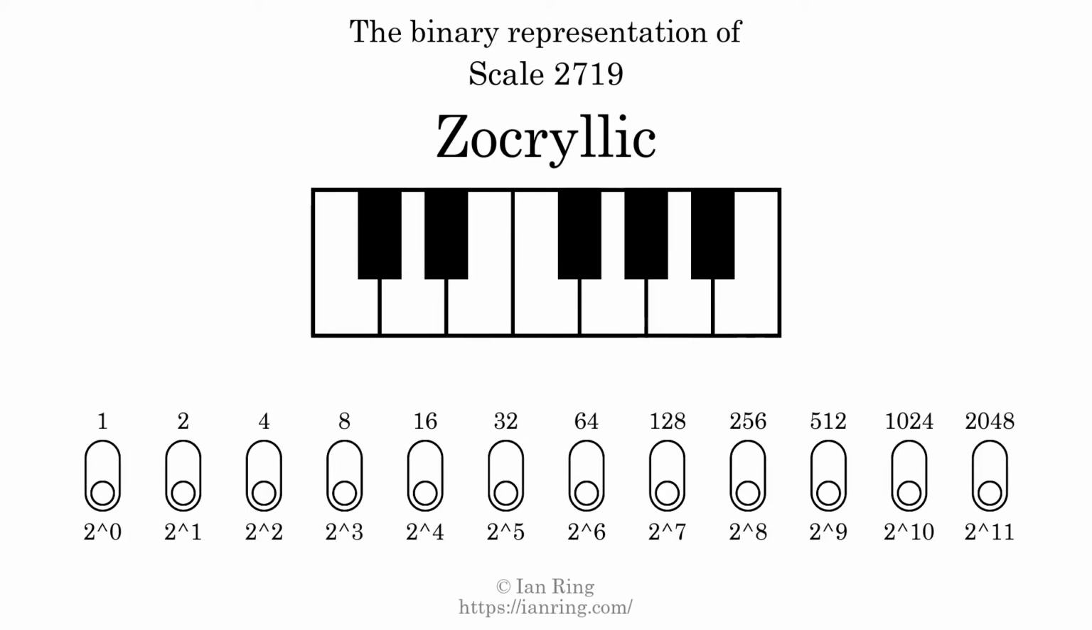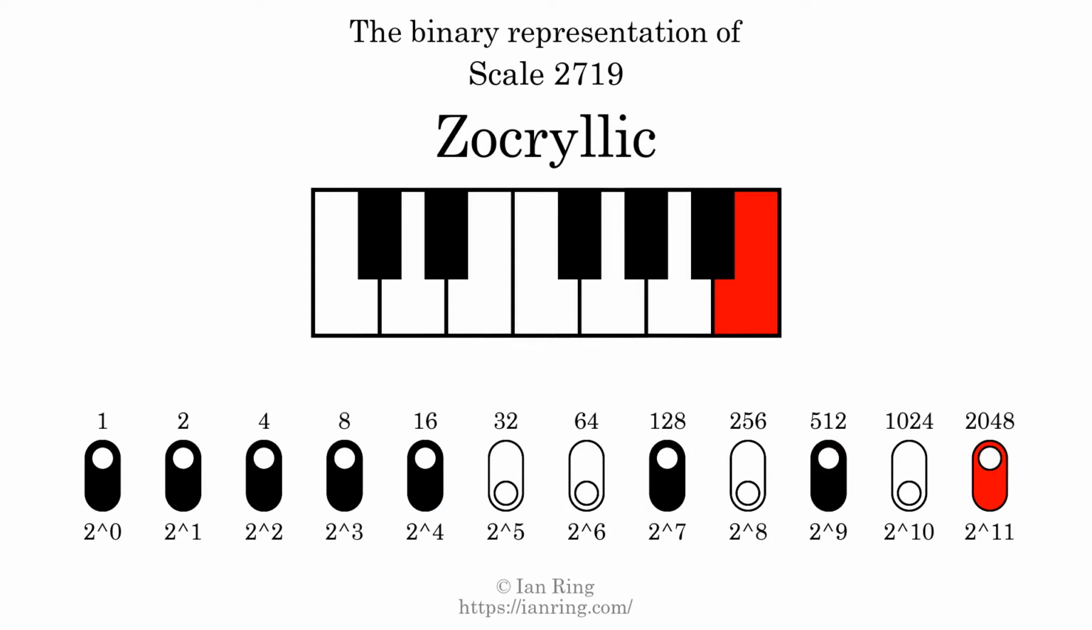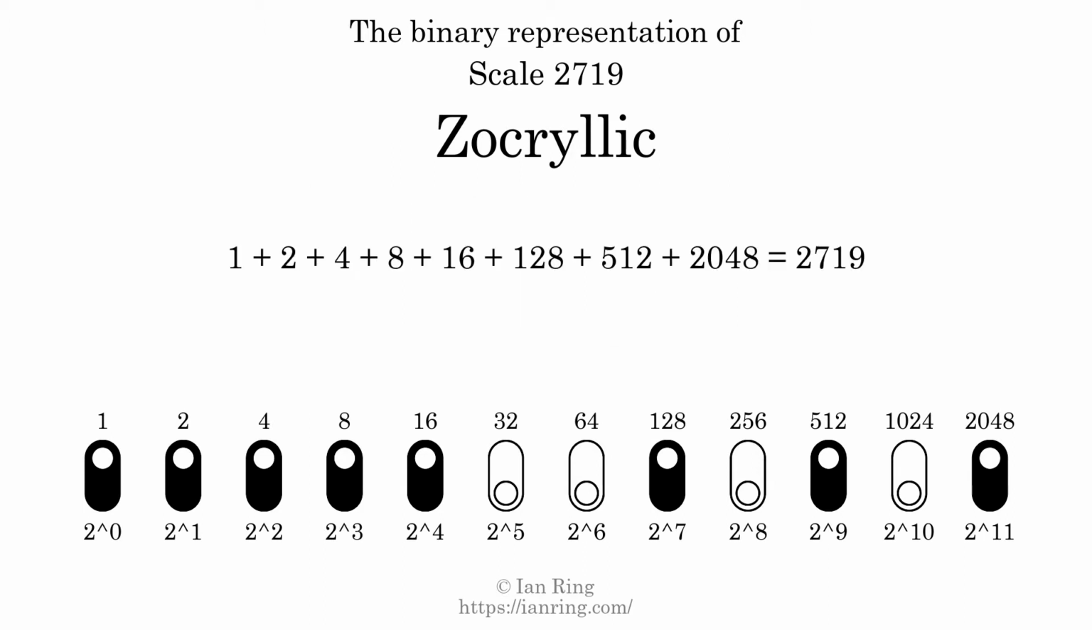The binary representation of this scale is determined by mapping tones of the scale to binary digits. Each binary digit represents a power of 2. To get the scale number, we add the powers of 2 together. The powers of 2 that are present in the scale, all added together, equals 2719. That is why the scale number, in decimal, is